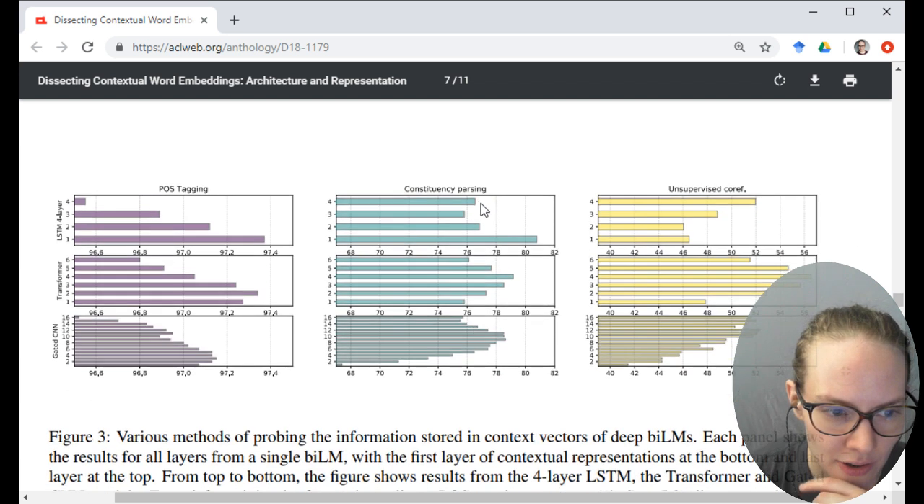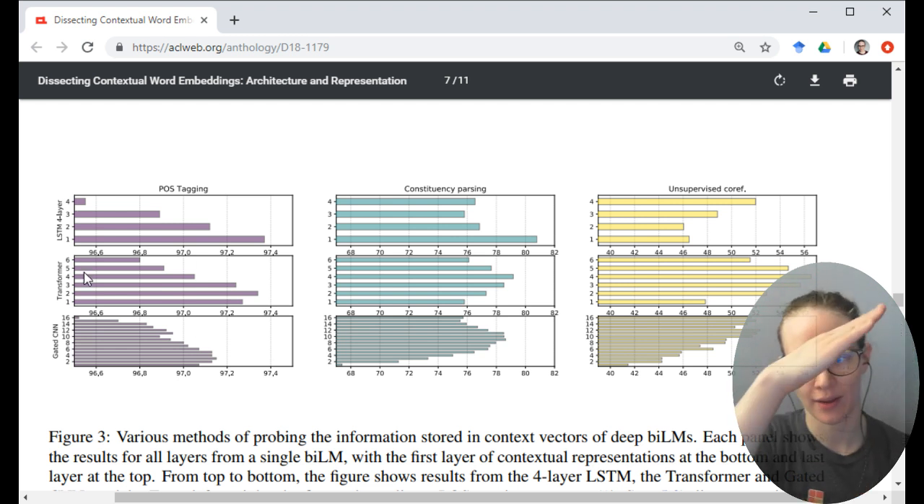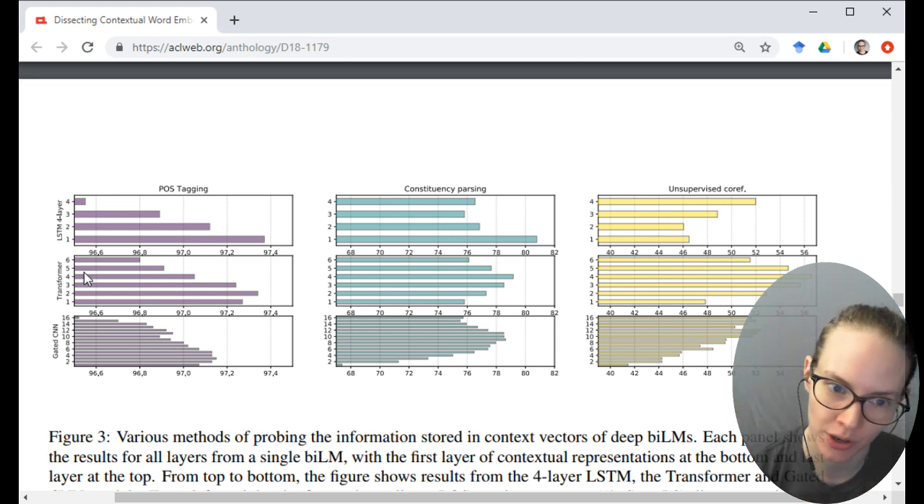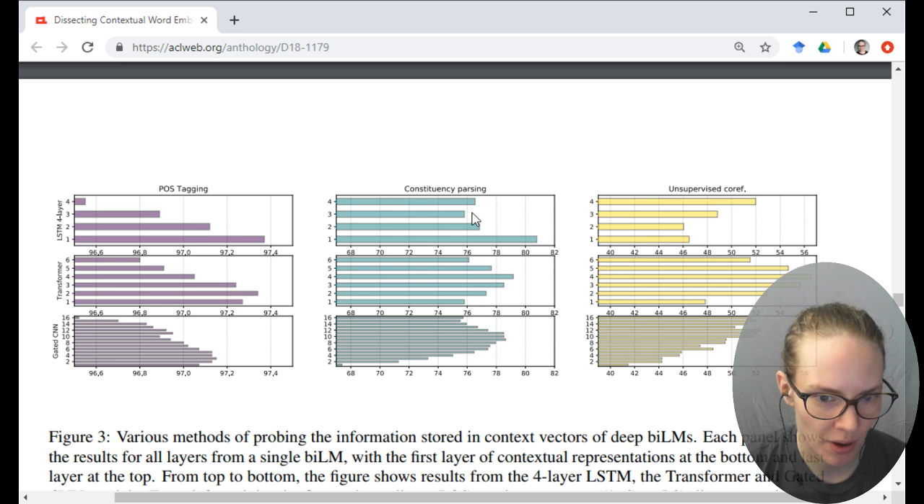Interesting. So the pattern that I'm seeing here across all of these is that part of speech tagging is more accurate lower down in the model. So as you go up, it gets worse. Constituency parsing,